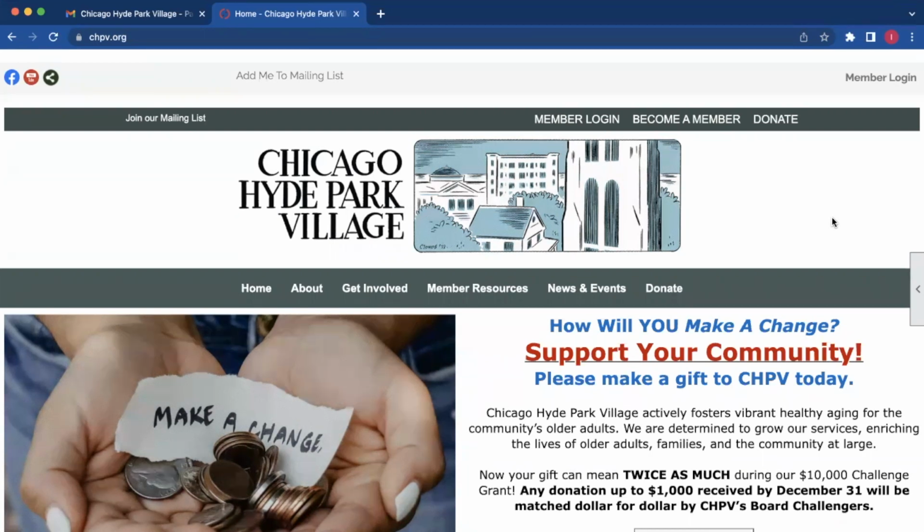Today we're going to cover how to reset your password if you've forgotten how to log in to Chicago Hyde Park Village, and also how to register for an event. So when you visit Chicago Hyde Park Village,